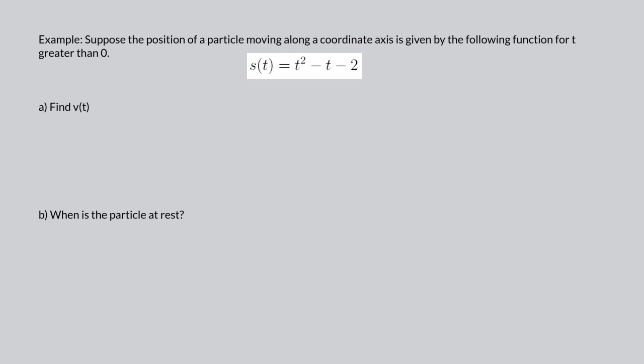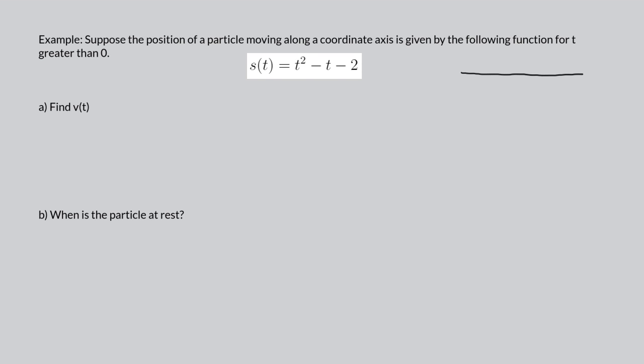So in this problem, we have a function here. This quadratic function, s of t, tells us the position of a particle that is moving back and forth along a coordinate axis in terms of t, which is our time variable. So imagine it like this. We have